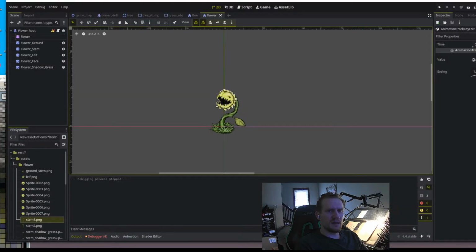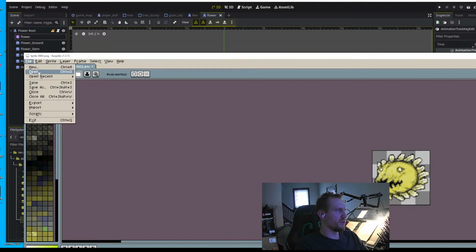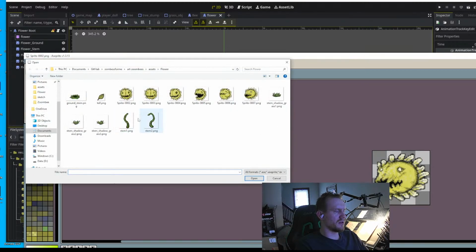The only thing I can think of is if I go to my Sprite and open, unless I have extra files, like it's pulling the wrong version. Yeah, see, I only got two. I got left and right. I got my attack left down one, and I got